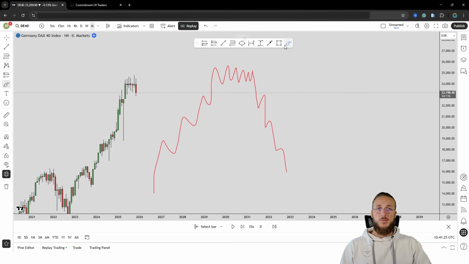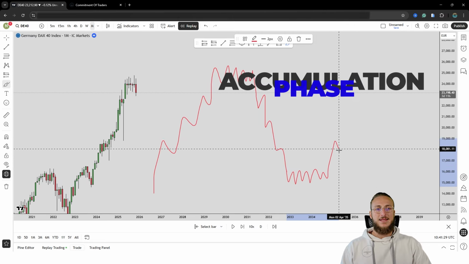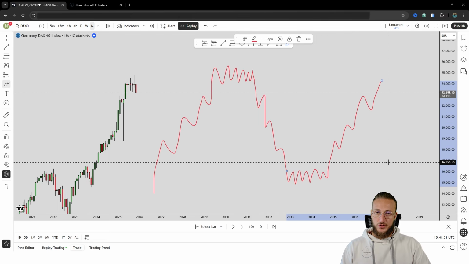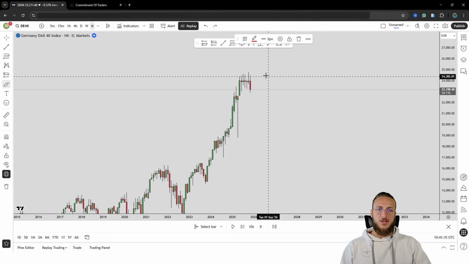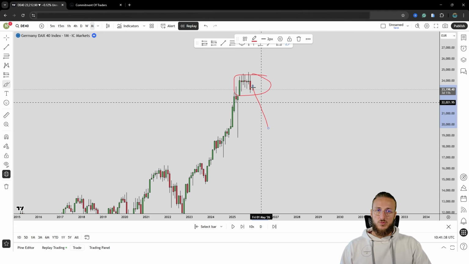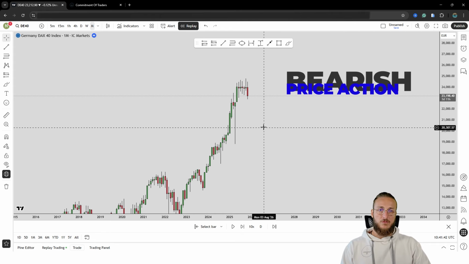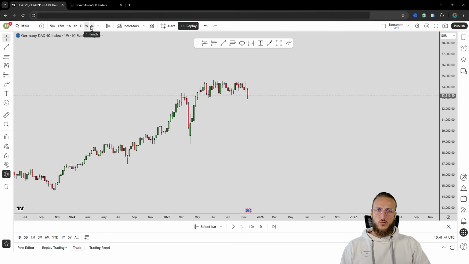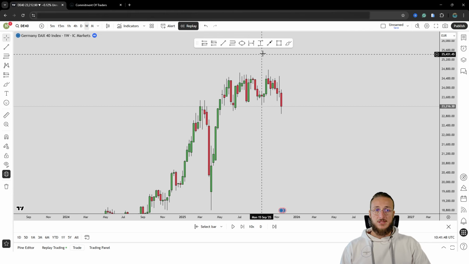Same thing when people are talking about accumulation, you're seeing horizontal price action, and then you have the inversion back to a bullish trend. So in this case, we had a distribution phase happening here at the top with good probability of some potential bearish price action being created away from this level. Dropping down on the weekly time frame, what we had was a market here that was again showing a potential